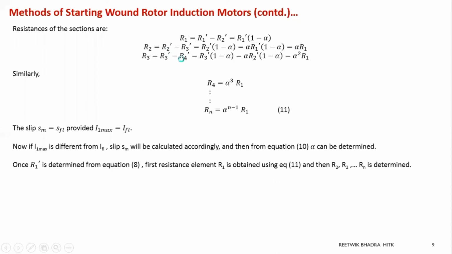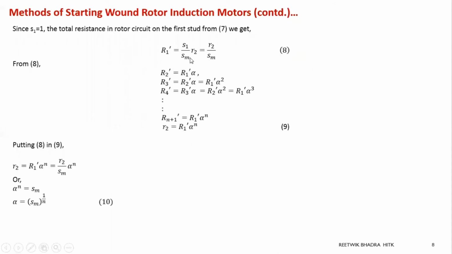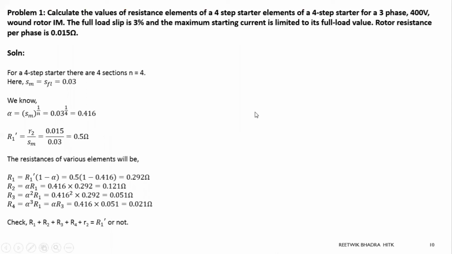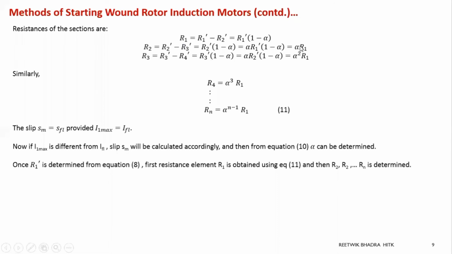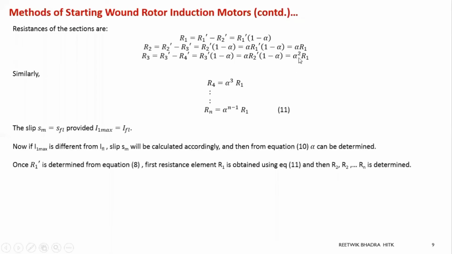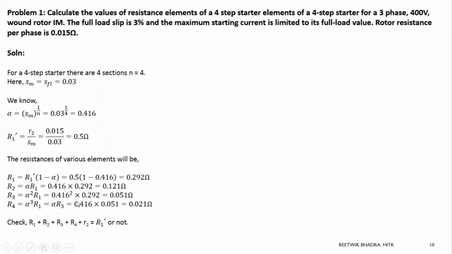See, the first method will be a little bit extra. You have to calculate all these values. But in the second method, using R1 only, you can calculate all this. So whichever is best for you, you can go for. Over here, I have shown it only by calculating your R1. So what is R1? R1 dash into 1 minus alpha. So this calculates out to be 0.292. Then what is R2? Alpha times R1. 0.5 into R1. What is R1? 0.292. Got this one. R3? What is R3? Alpha square R1. What is R4? Alpha cube R1. So you get this value.